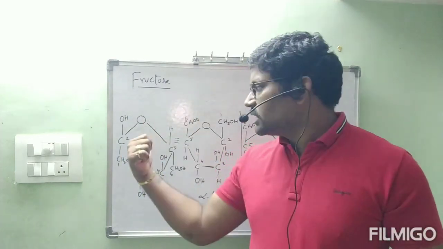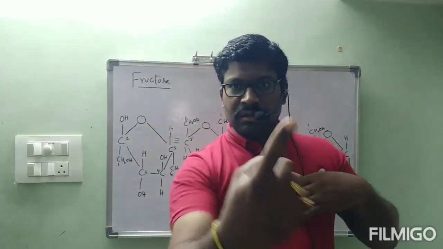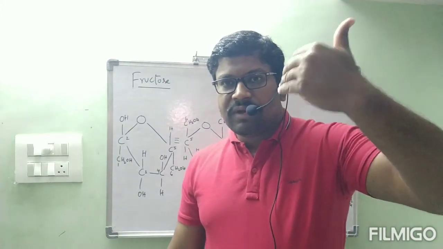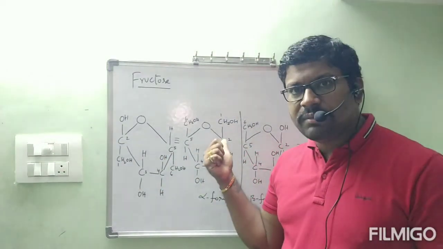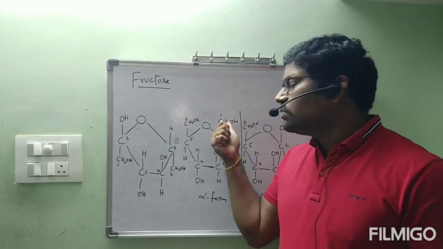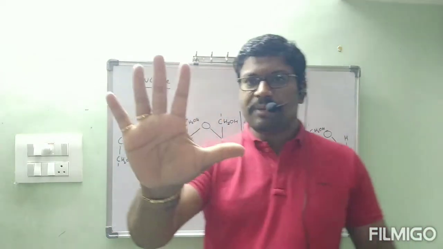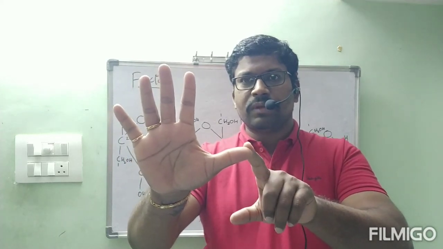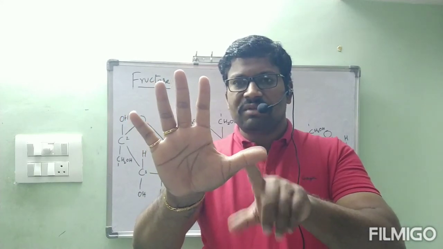I have drawn this structure by observing this. I am observing the glucose molecule in this way, my orientation. You are observing the same molecule from the opposite way. Then for you, the second carbon is on the right side, which means for me, the second carbon is on the left side. Then on the second carbon, for you CH2OH is above the plane. Then for me, CH2OH will be below the plane. Let us imagine this is the second carbon. For you, the second carbon is on the right side. For me, it is on the left side.